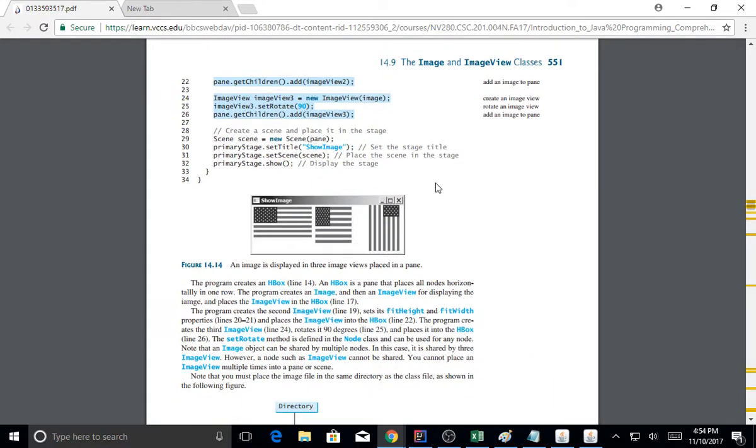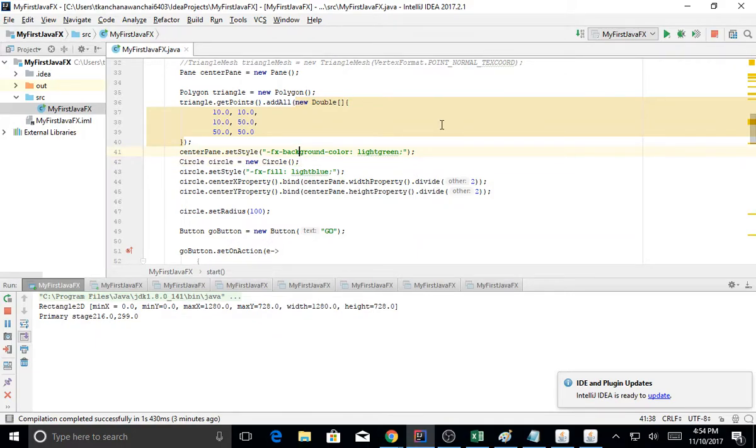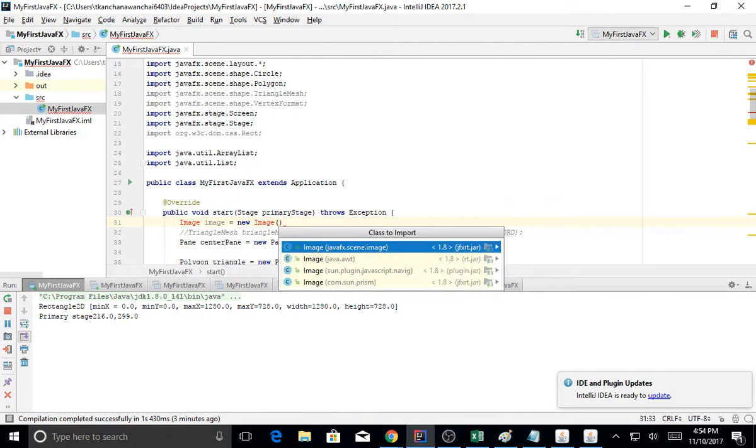Okay, so let me show it real quick again. So we could do image equals new image, and then this technically needs to link to the image file, right? If you have it locally,